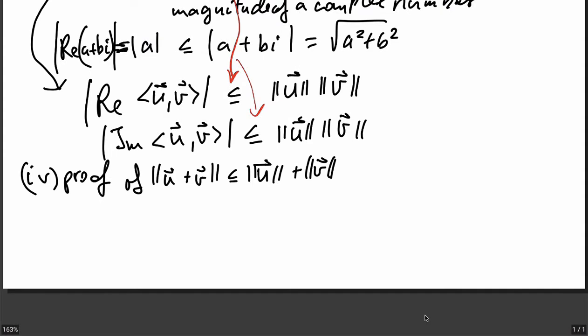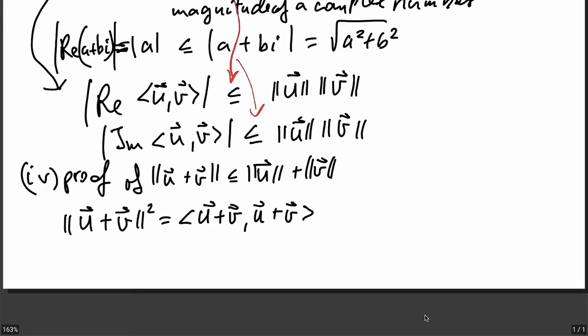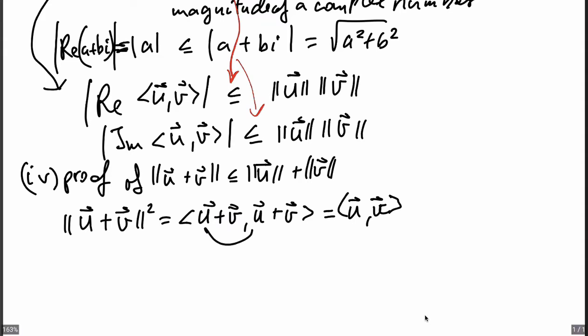The definition of the norm has a square root in it, so for that reason it's easier to start with the square of the norm, because this is just the inner product of u plus v with u plus v without a square root. And then if we multiply this out using the FOIL method, we get u inner product u, then v inner product v,